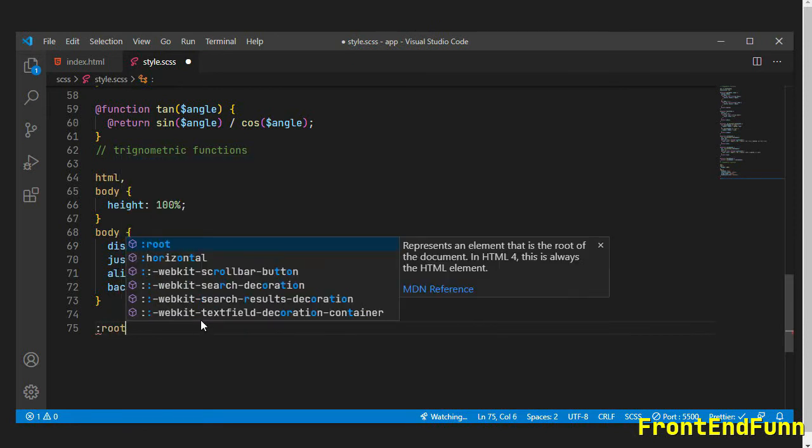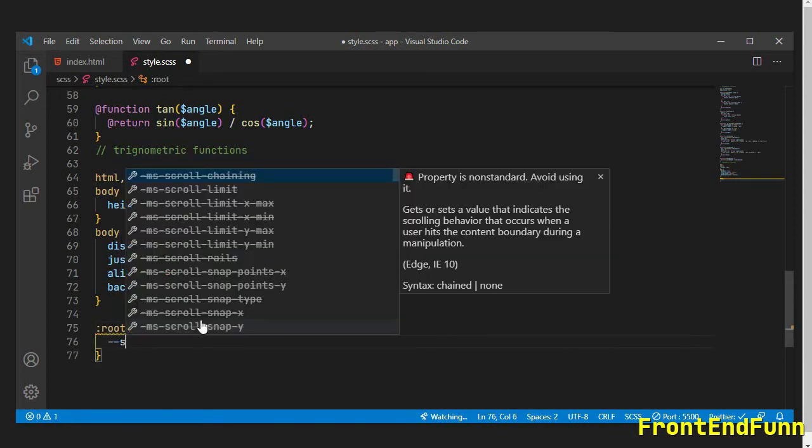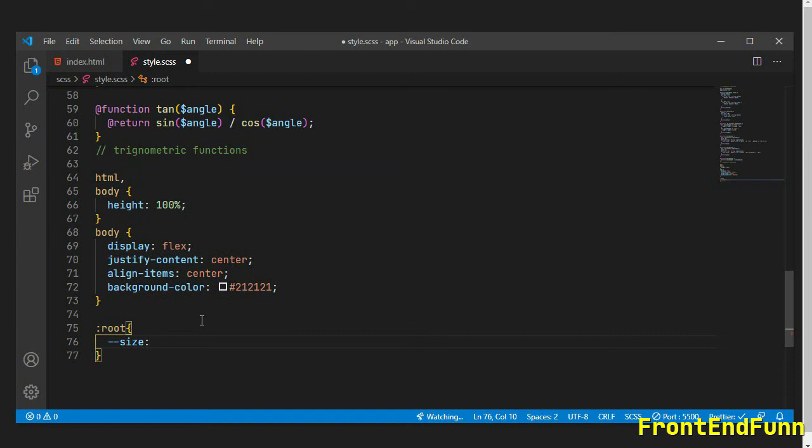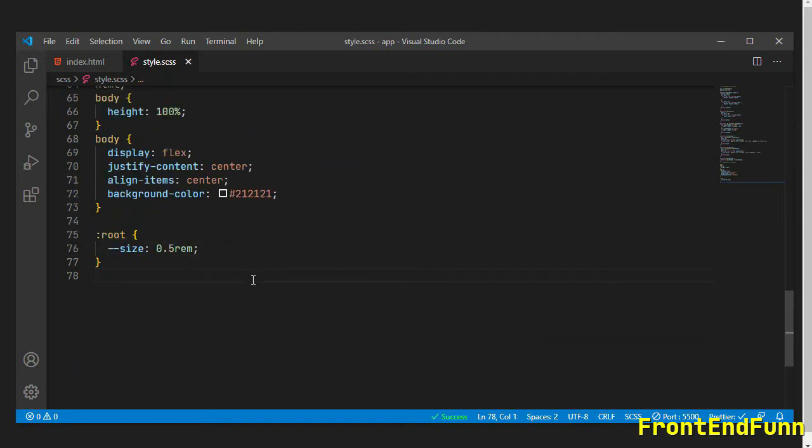Next I'll be creating a variable. So this is a CSS variable. I'm going to give it a size of 0.5 rems, which will be the size of our loader, and we'll target the loader. So I'll be using some Sass functions here to generate the loader.